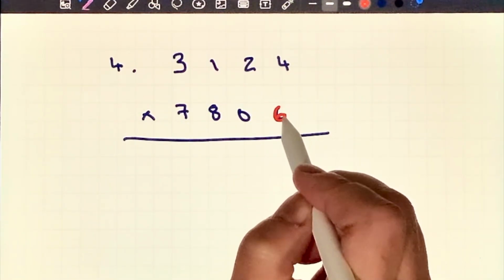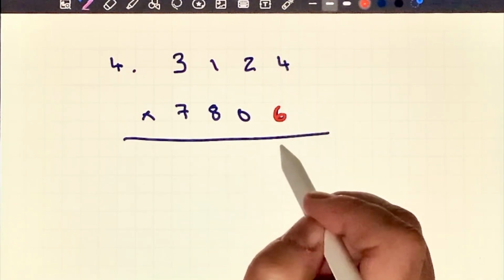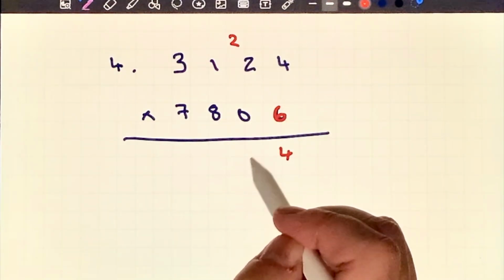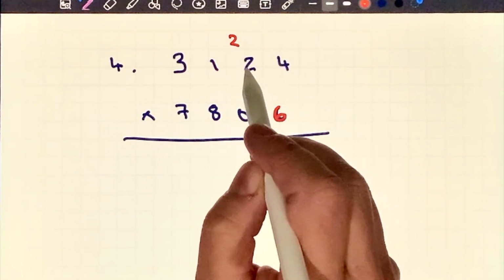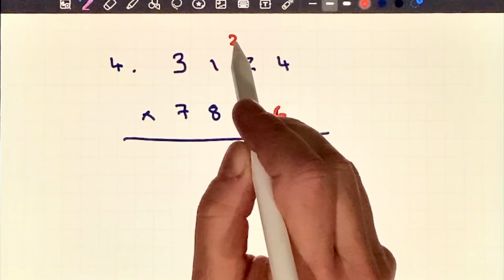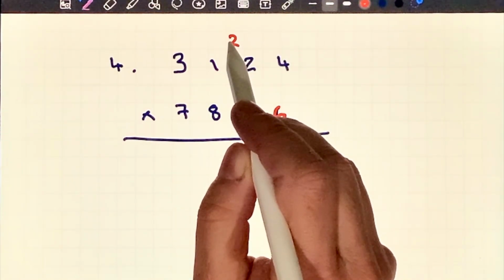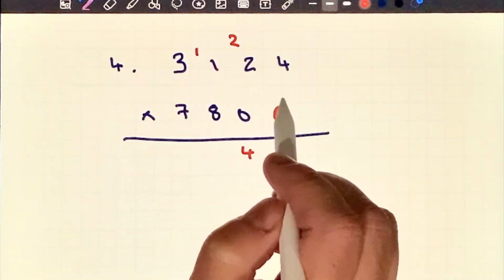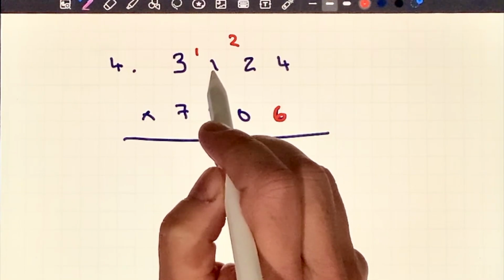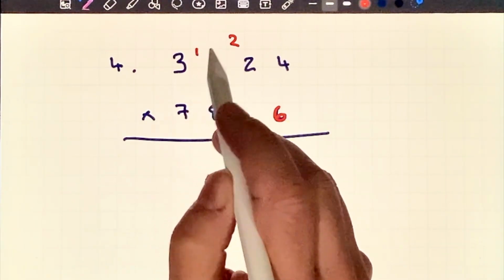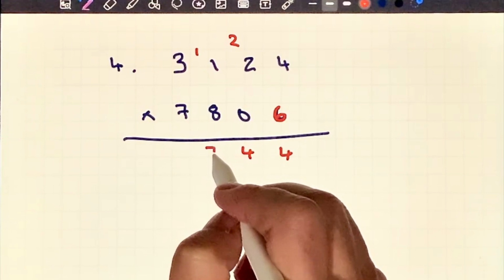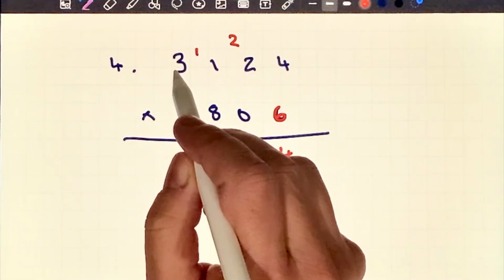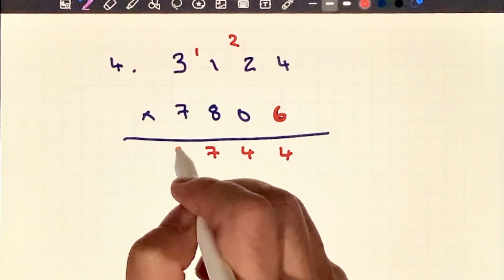in our units column. So 6 times 4 is 24. 4, carry 2. 6 times 2 is 12, plus the 2 that we carried is 14. So 4, carry 1. 6 times 1 is 6, plus the 1 that we carried is 7. And 6 times 3 is 18. So 8, and then